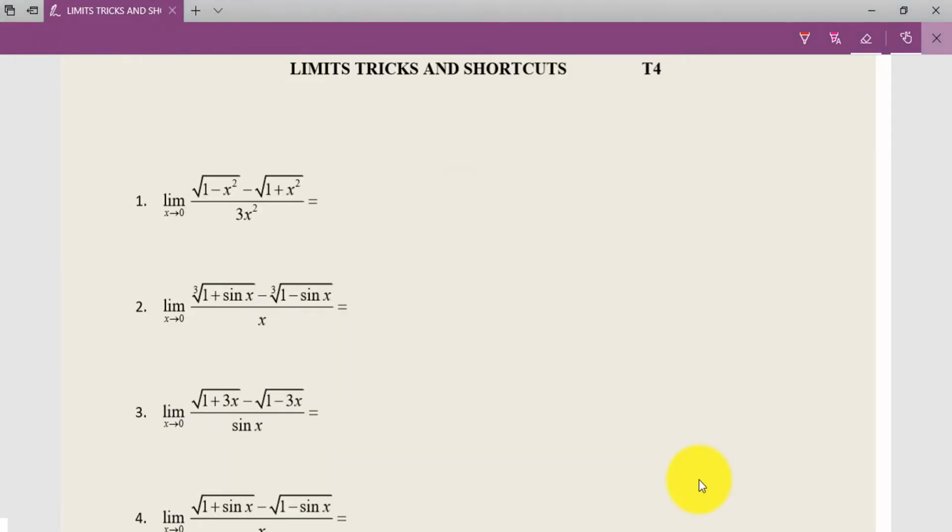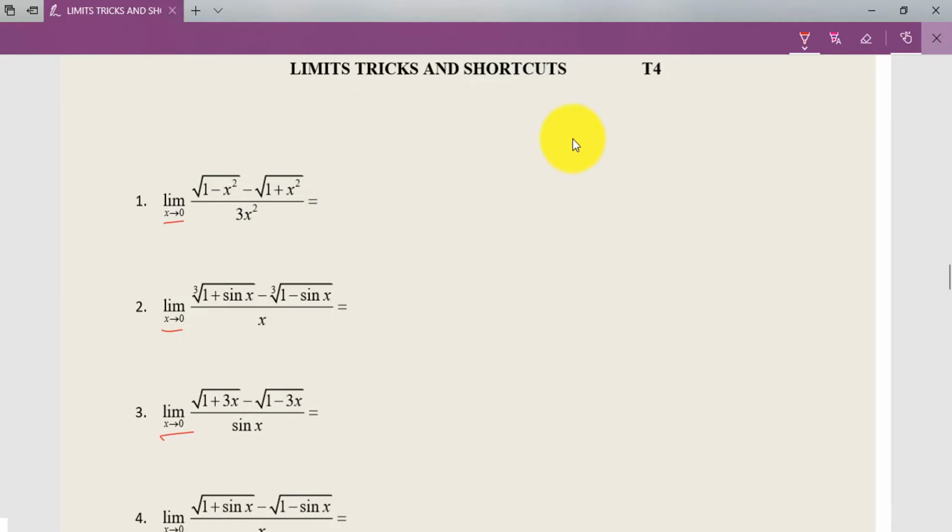Now here is another set of problems, and I have this problem. First thing, I would like to tell you something about evaluating these problems: see the pattern and the type. It is a limit as x tends to 0. I have chosen such patterns to evaluate problems, which makes you comfortable to understand things easily.